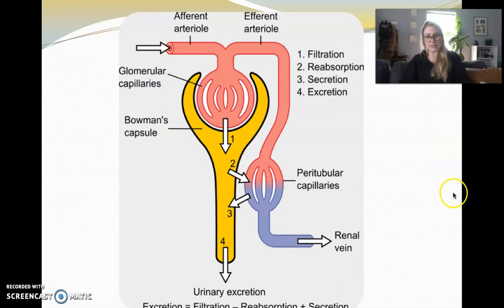This picture is fantastic. It takes that really messy picture we saw earlier and kind of cleans it up a little bit. So we have the afferent arteriole and we have the efferent arteriole. This is where filtration is going to happen. After filtration, we go into tubular reabsorption. We're putting things back into our bloodstream. We are taking things that are still in our bloodstream that shouldn't be in our bloodstream